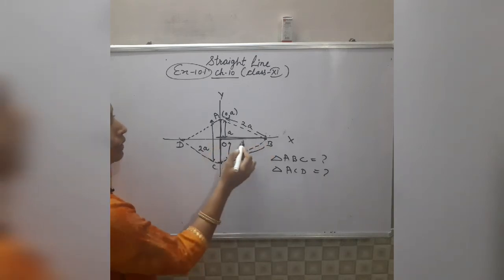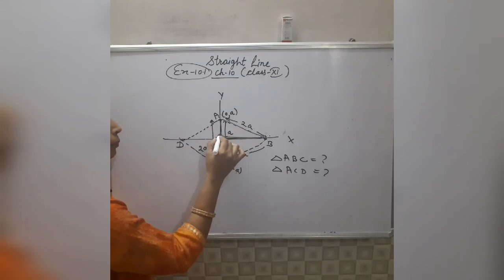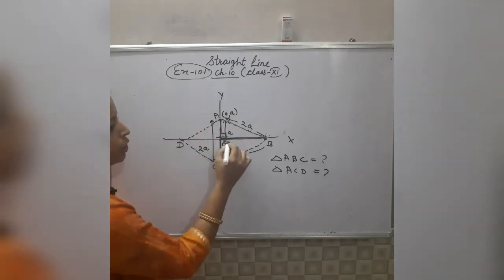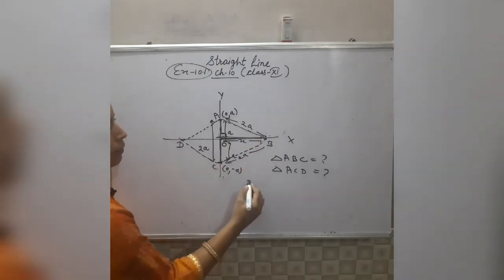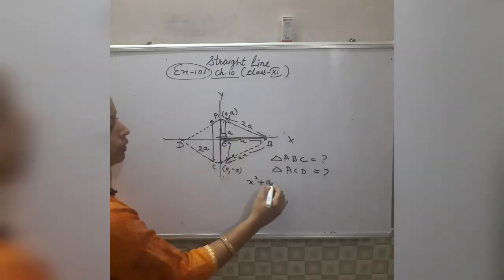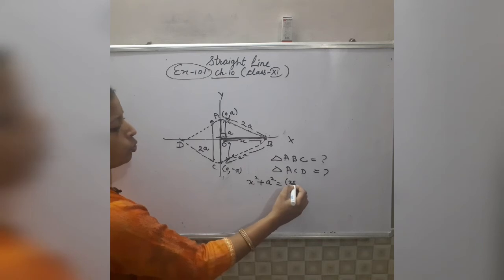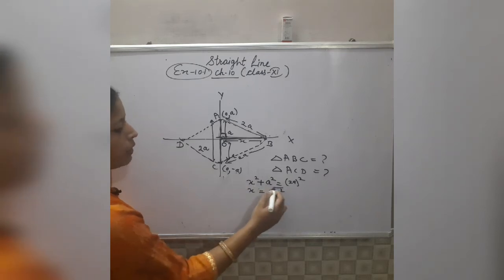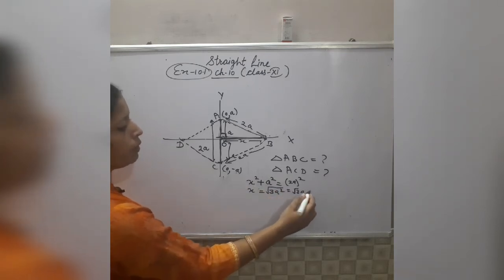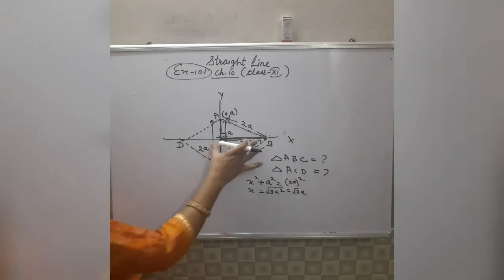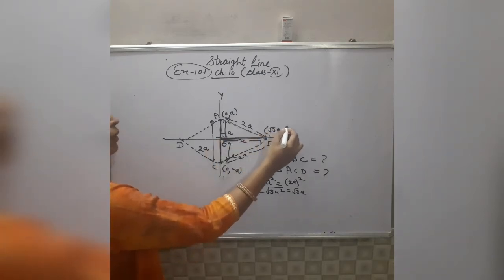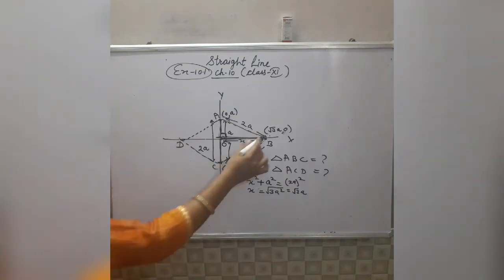This is the height of the equilateral triangle. This small triangle is a right angle triangle, and by using the Pythagoras theorem, let us suppose this height is x, then x square plus a square is equal to the hypotenuse square, means 2a whole square. So by using this formula, 2a square means 4a square minus a square, it becomes 3a square, and when the square comes to this side it becomes root, means root 3a. This is the value of x. And if this distance is root 3a, then the coordinates of the point will be root 3a comma 0. So these are the coordinates of point B.